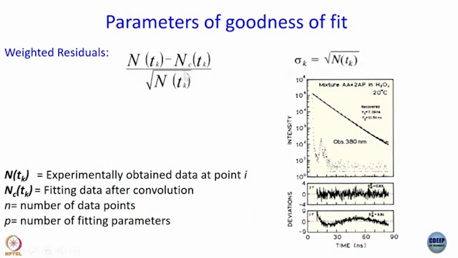Now, one thing I would like to draw your attention to is this. Look at the expression once again, weighted residuals. What would happen if I did not have the denominator? I can plot that as well. What would it look like? Look at this shape and then try to tell me what this residual would look like if I did not divide it by square root of n at tk. Yeah? It would look like a damped oscillation,